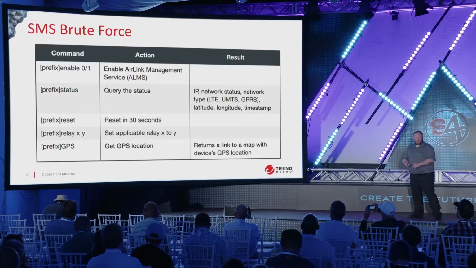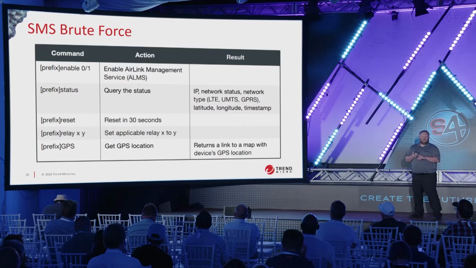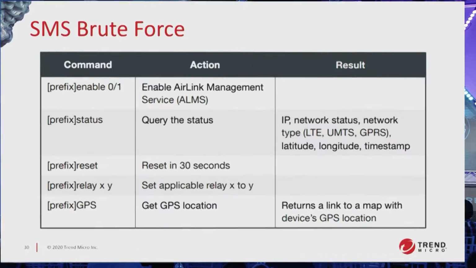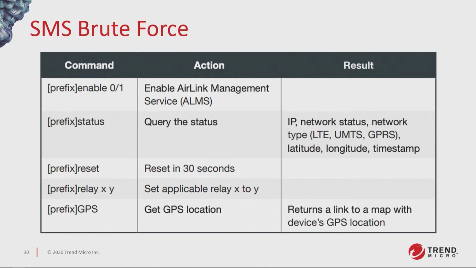Another thing that we saw within the Sierra Wireless RV50, you could do SMS commands on that device. So this wasn't really particular to 4G and 5G, but this was the device that we had, and so we took a look at it. If you sent a password along with like the status command, then you would get back some interesting information. And there was really no maximum limit, so you could just keep trying the password over and over again. And it was nice enough to tell you when you got it wrong.